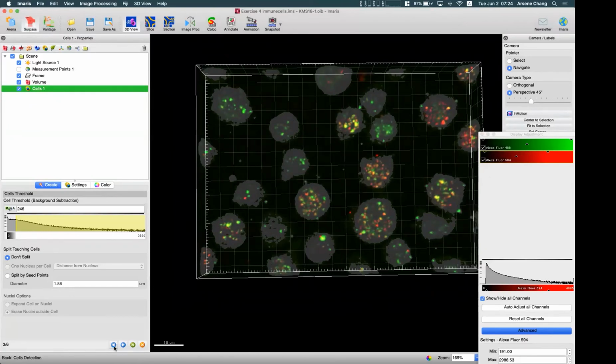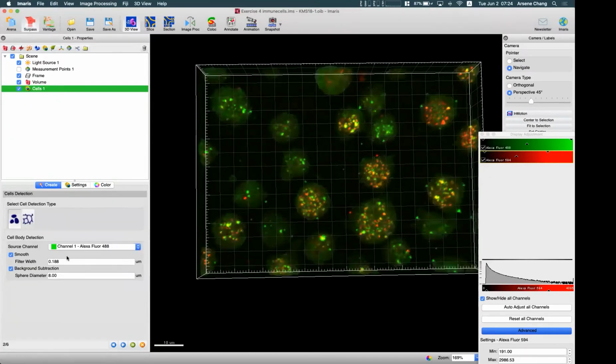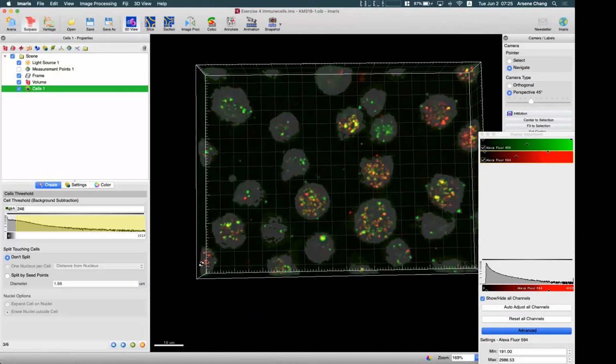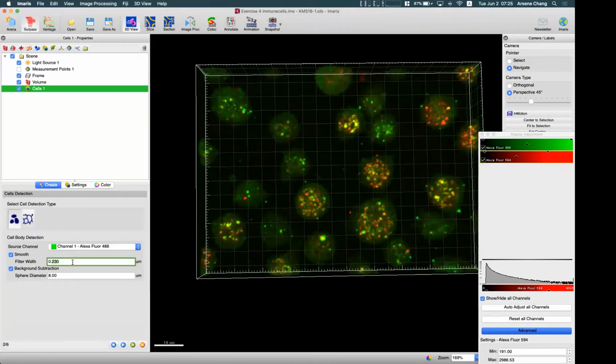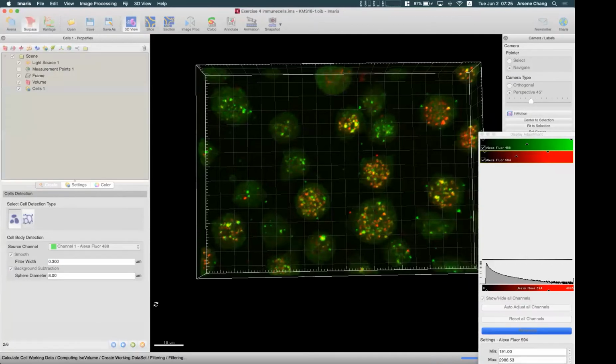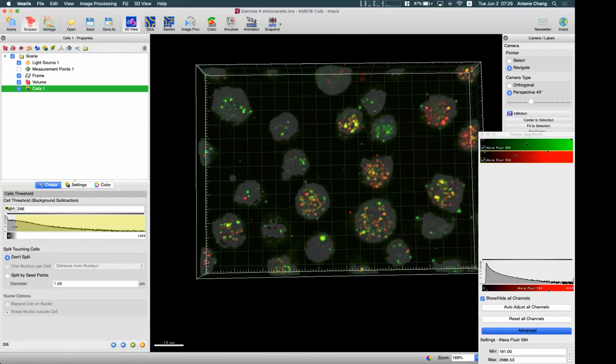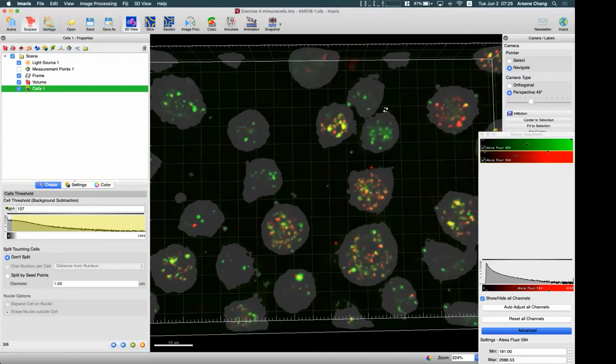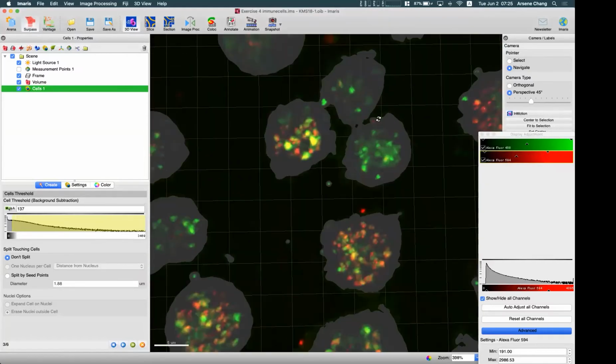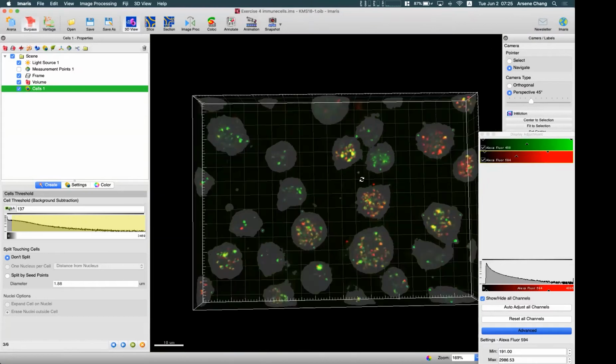If you want to get rid of these, you can go back and give a slightly larger smoothing to see if it improves, like this, 0.3. Like this. So basically the holes have been filled, but then you will see some connection between these close together